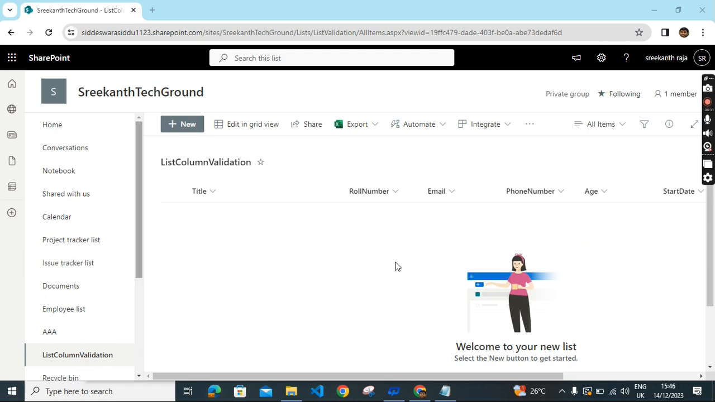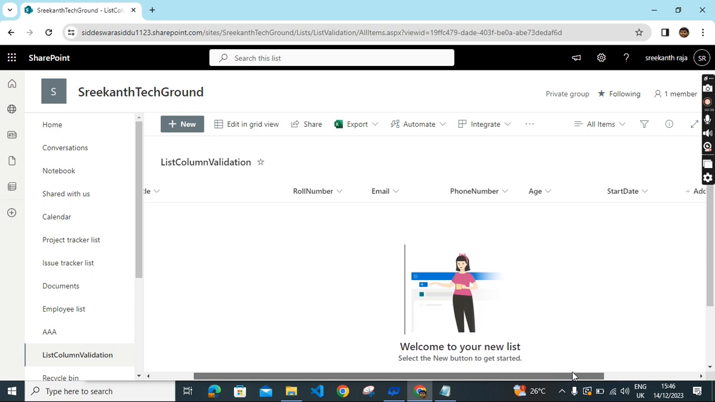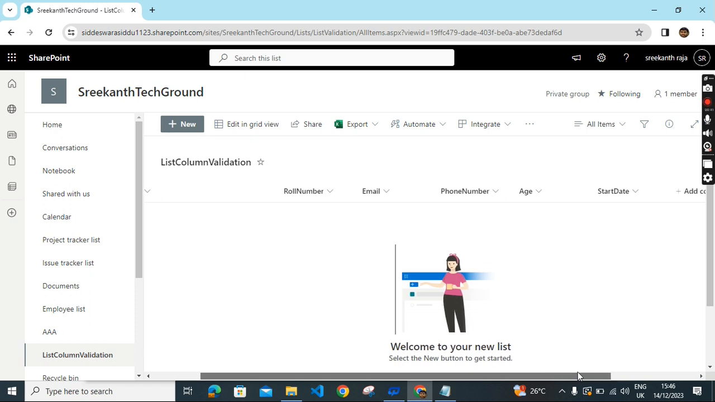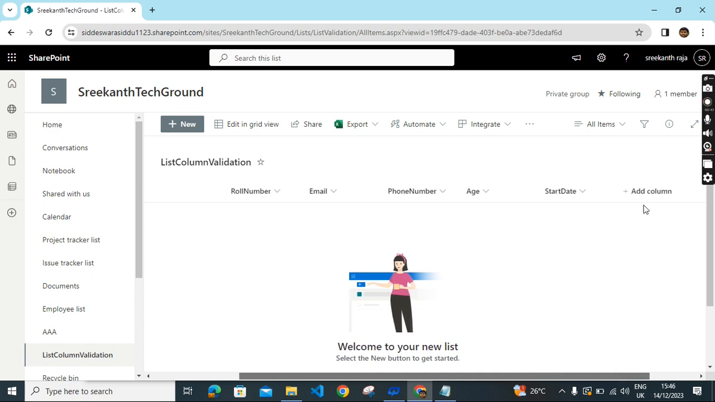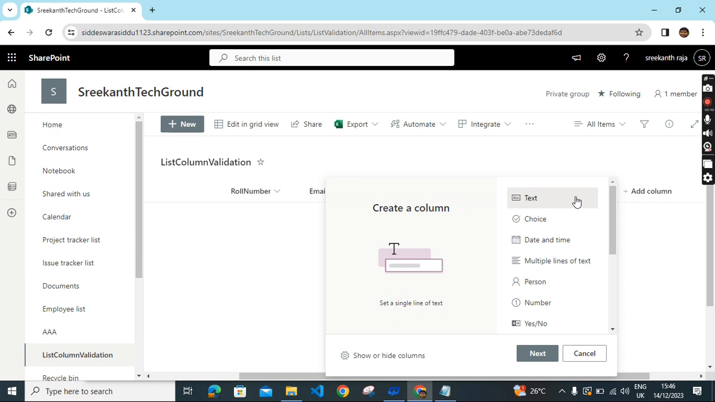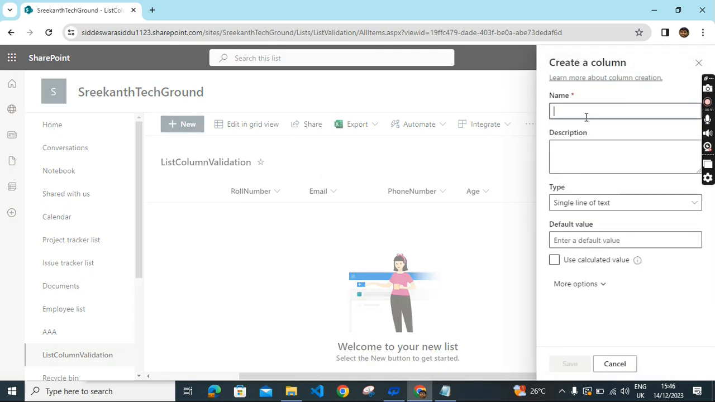While creating the column, at that time only we can validate the column, or else we can create the column and then validate the columns in the SharePoint list afterwards. Okay, now we can add one column, text, click on next, give full name,